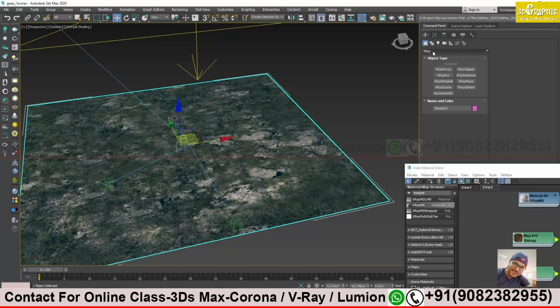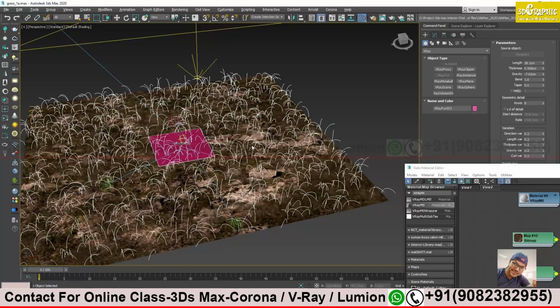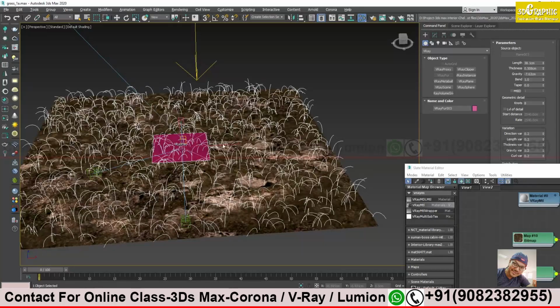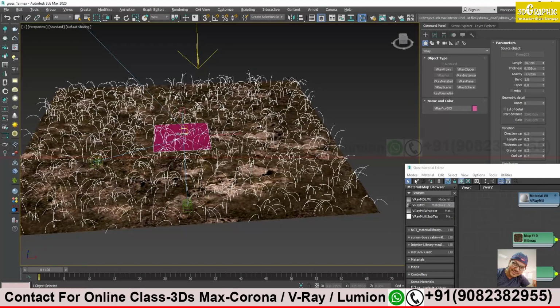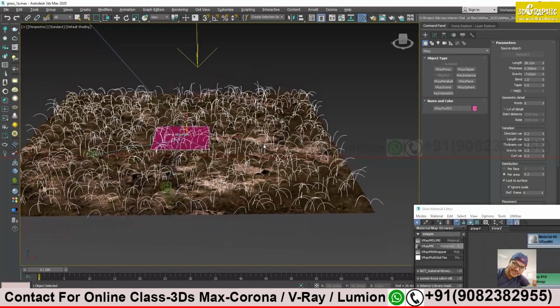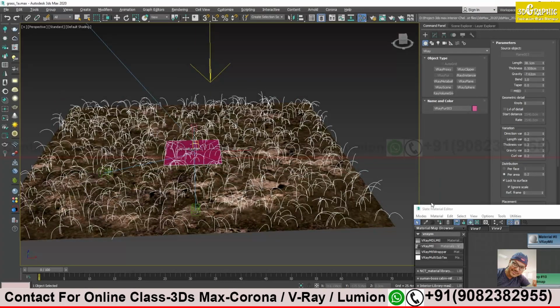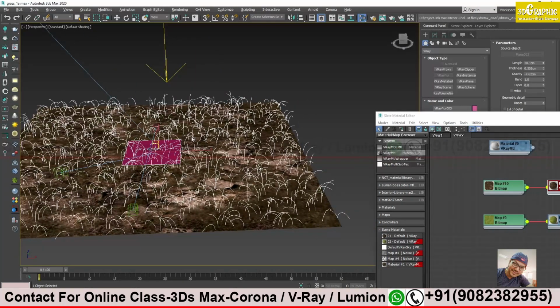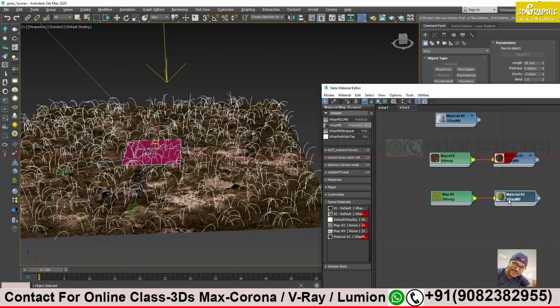So we came to V-Ray and here we have the option V-Ray fur. Just click on V-Ray fur and it will be applied on the selected object. Now two things I would like to share. First of all, V-Ray fur has its own texture. The grass which I have is going to be a V-Ray texture right now. The V-Ray fur which I have applied does not have any texture. It's blind.